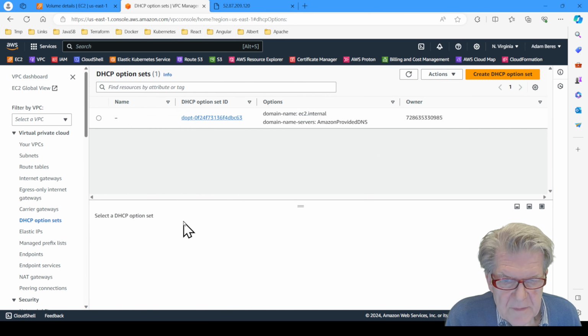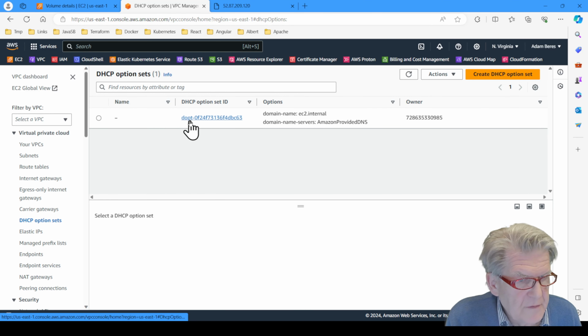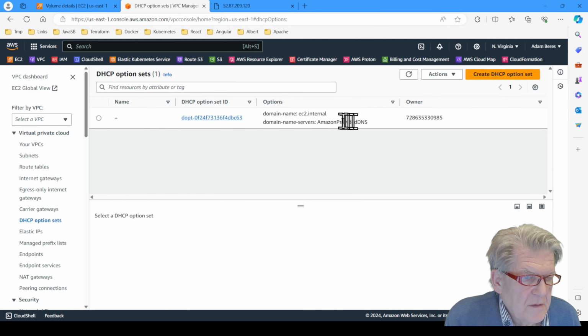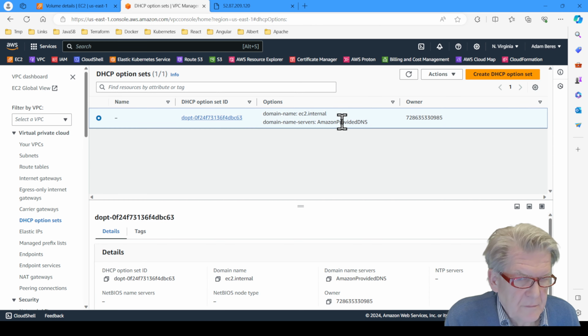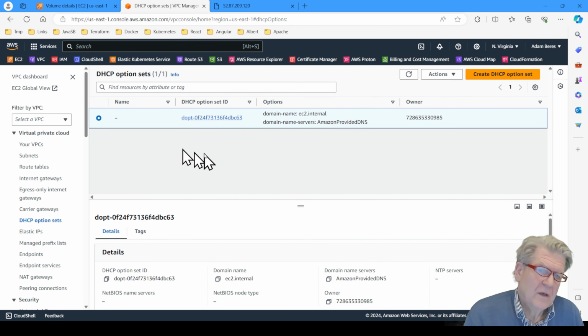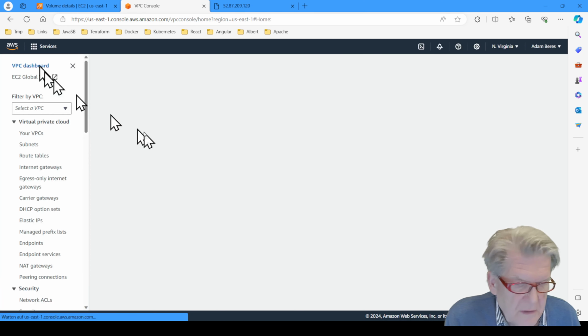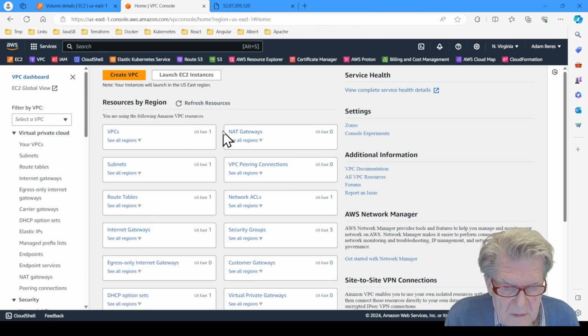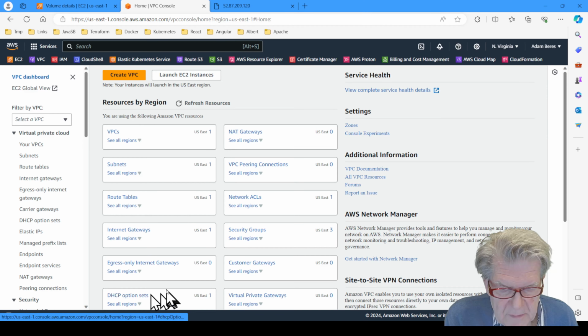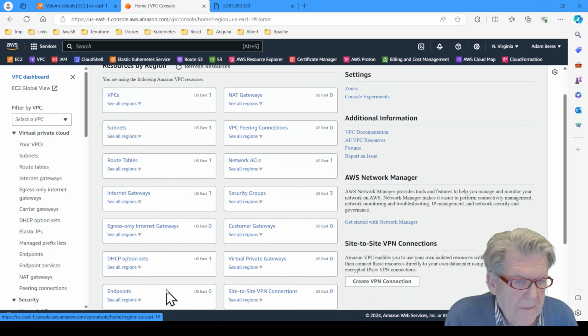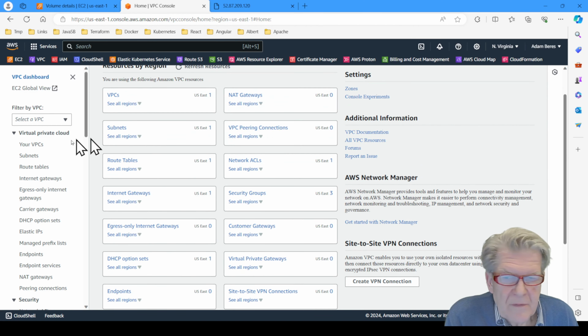Only one option, the default option, the Amazon provided DNS, will not be deleted, but it costs not so much that we should enter here all the time and delete the default DHCP option set. Everything else will be 0 after